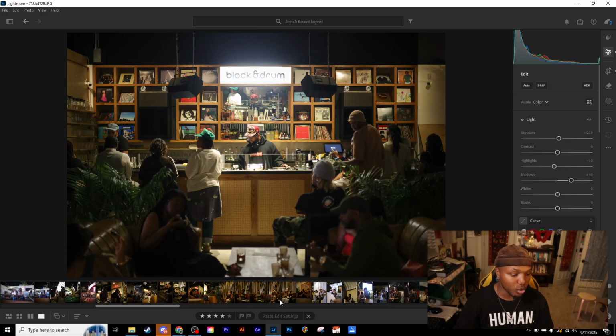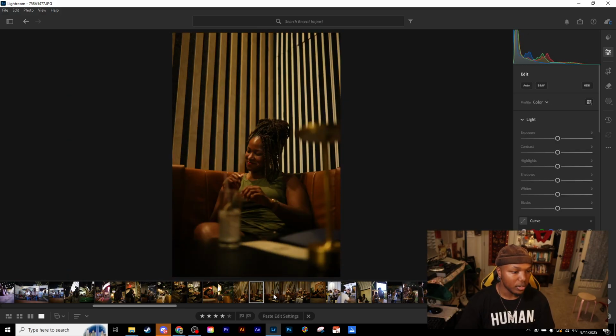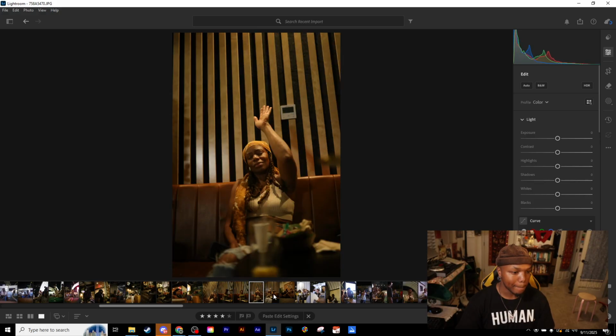Now, we're going to go to our next image. I want to get one of these. Boom. Yeah, I like one of these. This one. Bam. So, just paste my settings, Command V, we're in there. As you can see, back and forth. Just add it. As you can see, it brought up a little bit of shadows, like the same